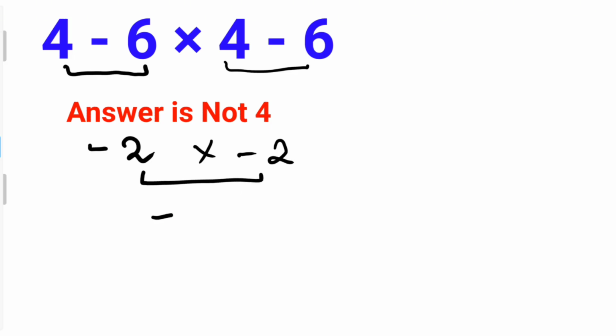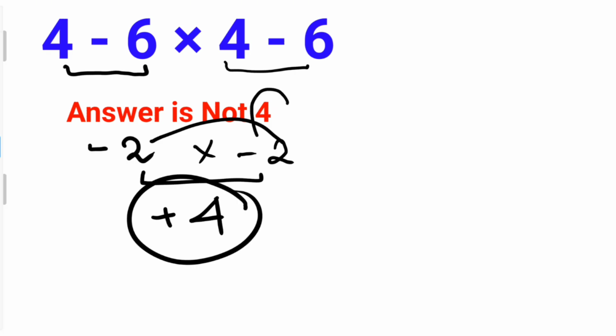Minus times minus will be equal to plus. And 2 times 2 will be equal to 4. I have already mentioned that 4 should not be our answer, but our answer is 4. So there is a big mistake that we have made. Now let's overcome that mistake